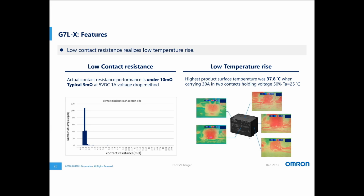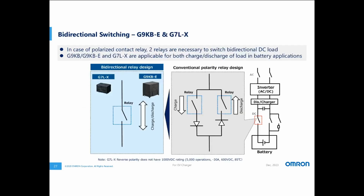So in our testing, the highest product surface temperature tested was at 37.8 degrees C when carrying that 30 amps in 2 contacts at a holding voltage. So lowering the temperature of these thermal outputs of these relays really gives these a great value in these high power applications. And then lastly, to touch on that bidirectionality, I mentioned both the G9KB and G7LX are both capable